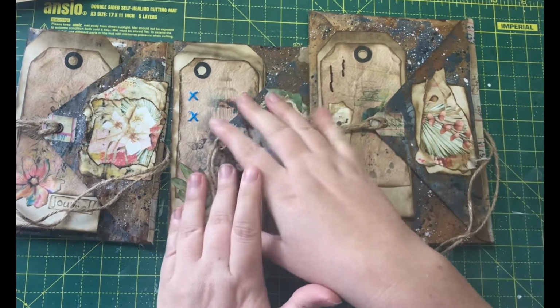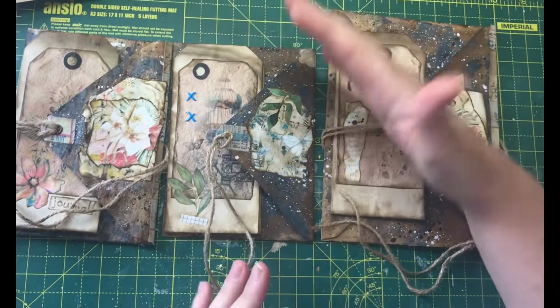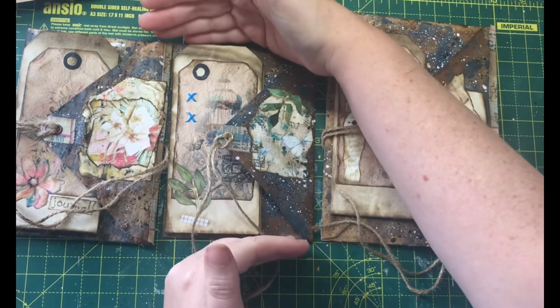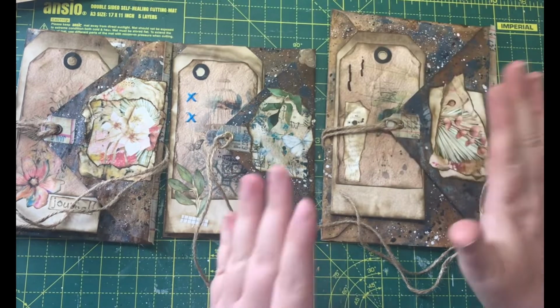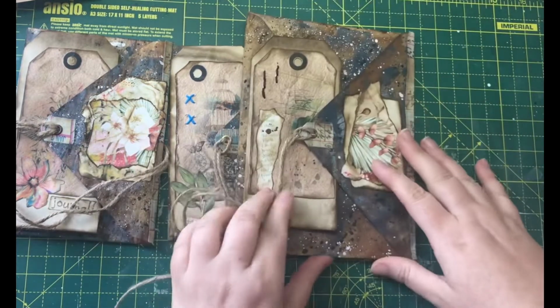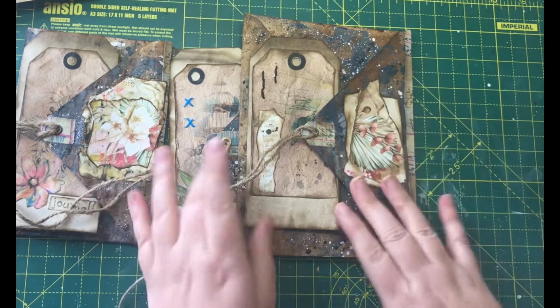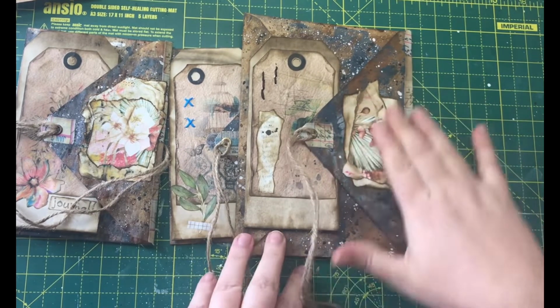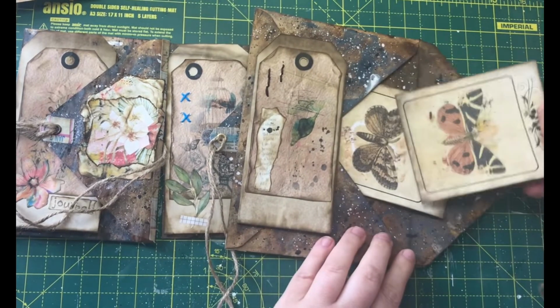I prefer this one because I like the neatness of the smaller size, and I also like the fact that the A4 paper fits nicely, is the tag here. But however, this still works really, really well. I decorated it exactly the same. Some bits of the collage paper, some tags on the inside,